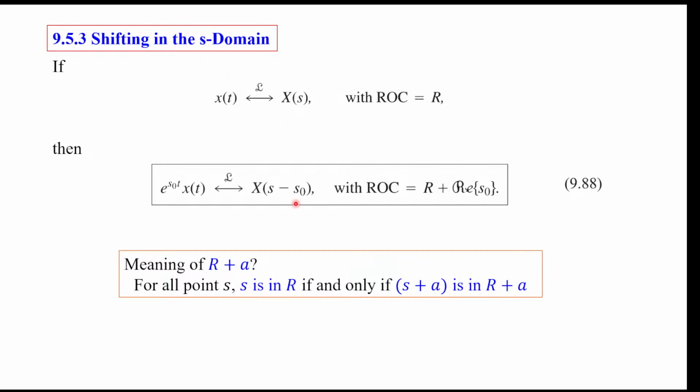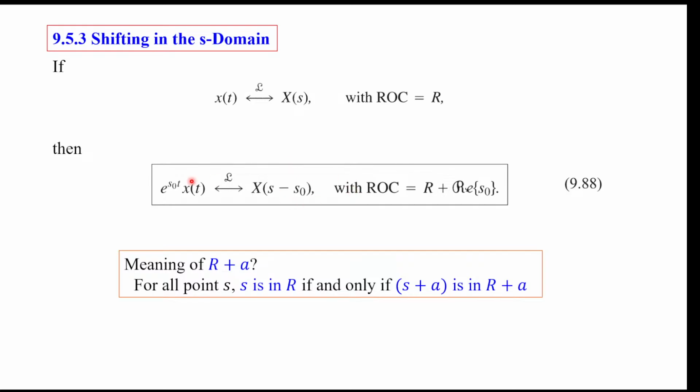Anyway, here you also get what you expected in the algebraic expression. So S changes to S minus S0, and S0 can be any complex number. Then in the time domain, you get h(t) e to the S0 t. But now we need to change the ROC, because you think about it: you shift everything in the S domain, then all the points shift,